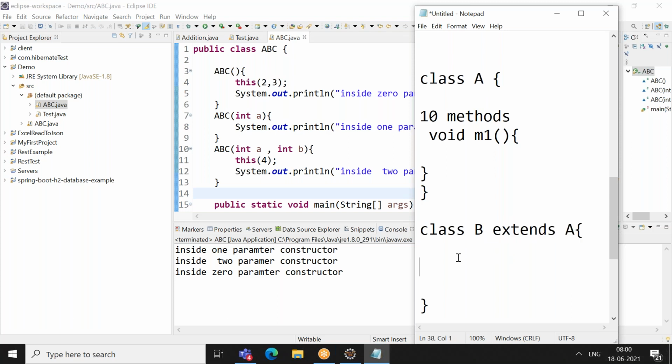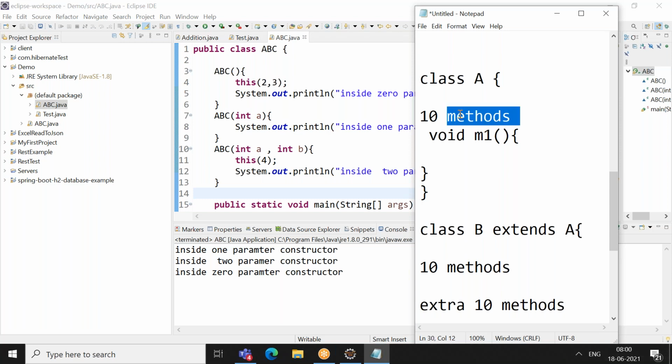Then here you get those 10 properties, and you can even have extra 10 properties. Your child will get the parent properties, but the parent will not get the child properties. So here you can have those 20 methods indirectly: the 10 methods or behaviors or actions, whatever they may be, will automatically come to your B. And your B may have extra things, or you can override some of the logic over here.